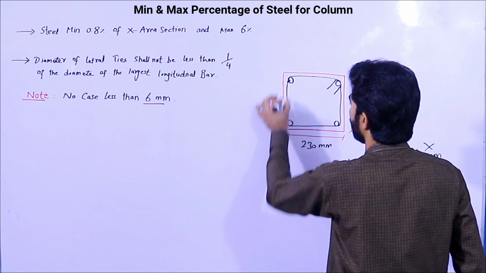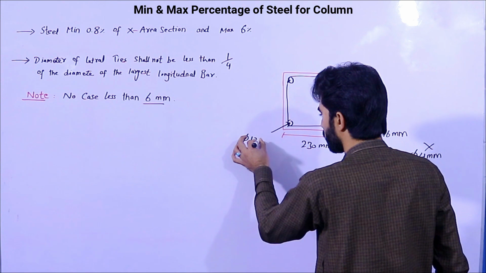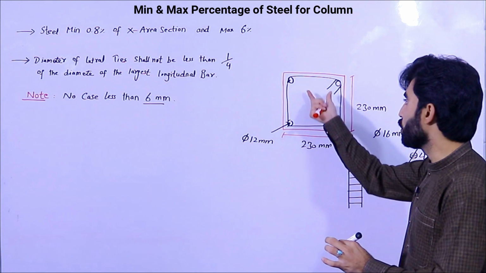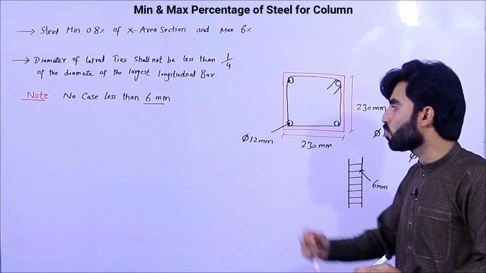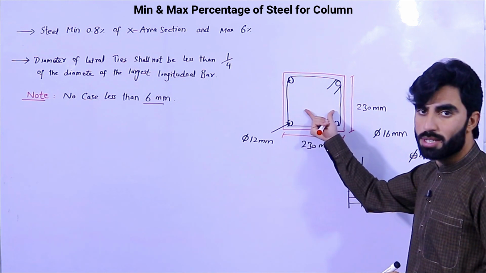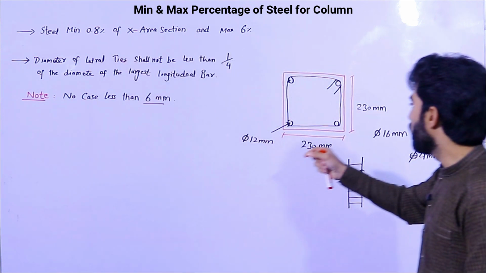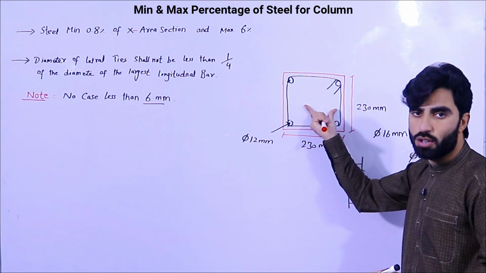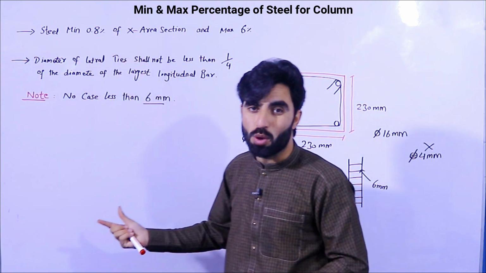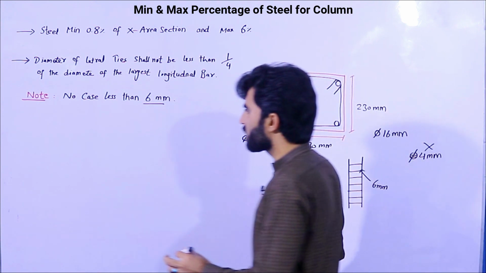Suppose guys, I am using here 12 mm rod, 12 mm dia. So now how to find its percentage for these 4 steel rods which dia is 12 mm? Is it sufficient or not? Is this dia and 4 numbers sufficient or not? Okay, so if it's less than 0.8%, so this is not the correct area of steel for this column. So if it's more than 0.8%, so it's okay for light load. Okay, light residential load.